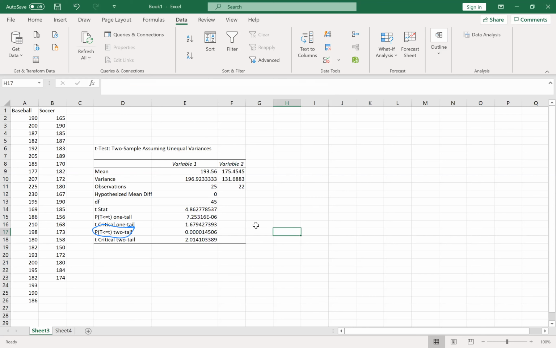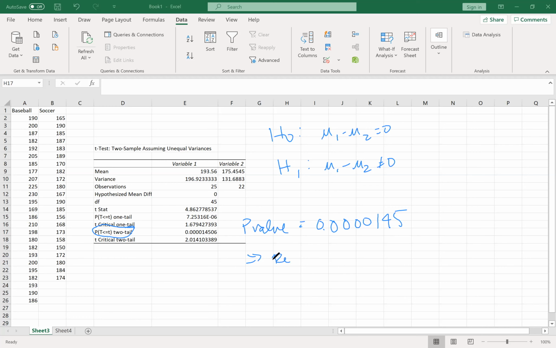So our p-value for our two-sided test is 0.000145. That's really small. So our null hypothesis was that there was no difference in the means. And our alternate hypothesis was that there was some difference in the means. We don't know what it is, but that was our alternate hypothesis. We found that the p-value is really small, so we're going to reject our null hypothesis, and we're going to